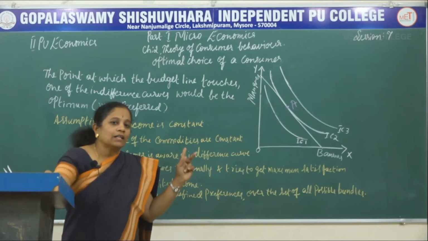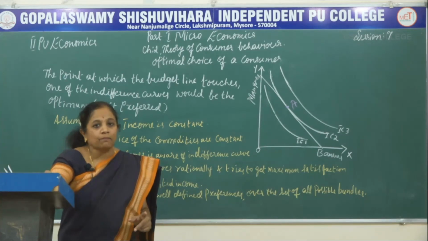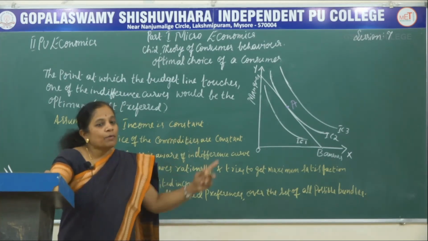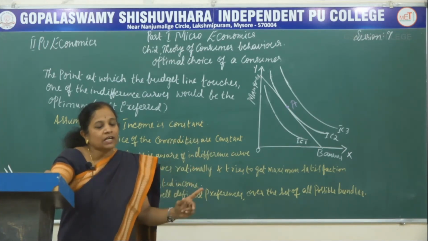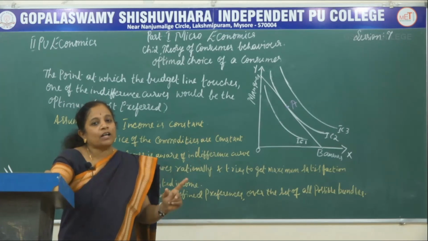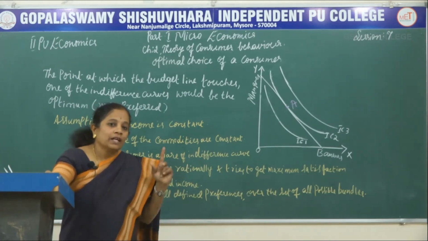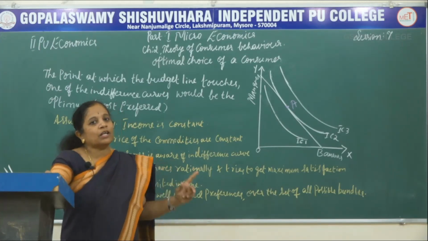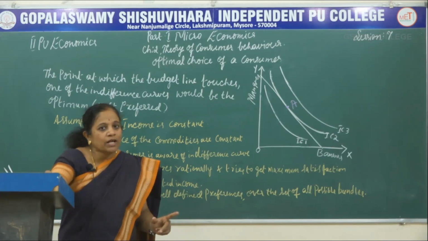And among the other combinations also, he may have the products which are preferable to him based on his tastes and preferences, but here he compromises with the budget set. He compromises with his budget and also with the products available in that particular combination. So he is a rational consumer. He goes for varieties in this particular optimal choice of the consumer, because he is not of monotonic preference, because